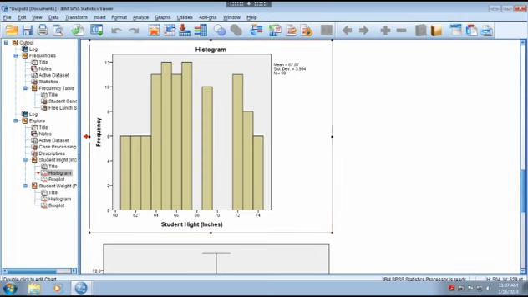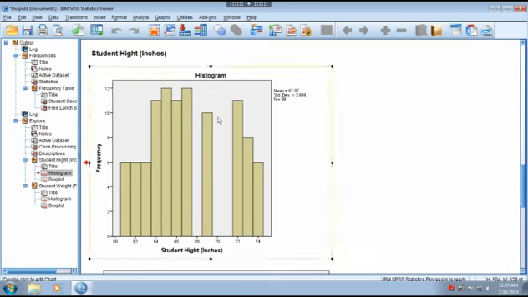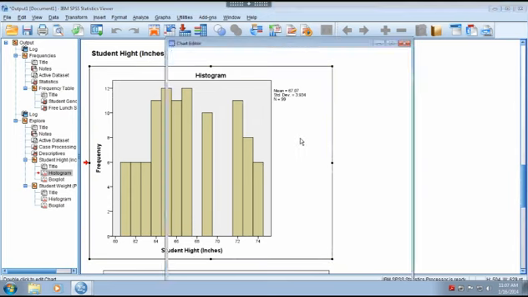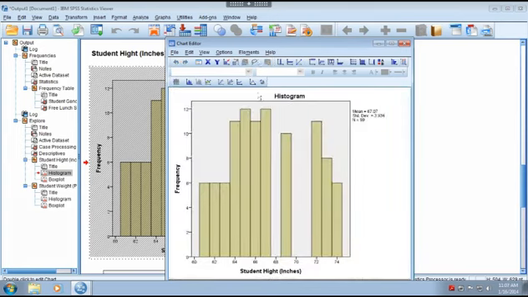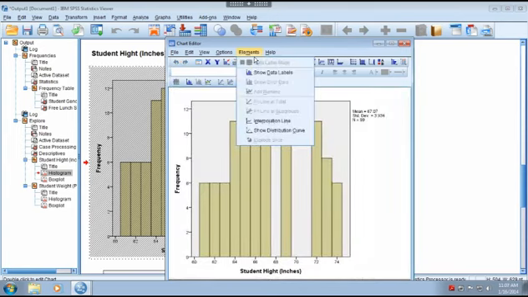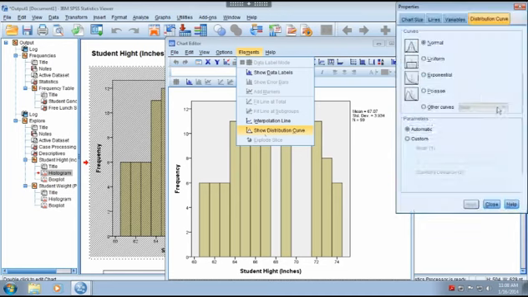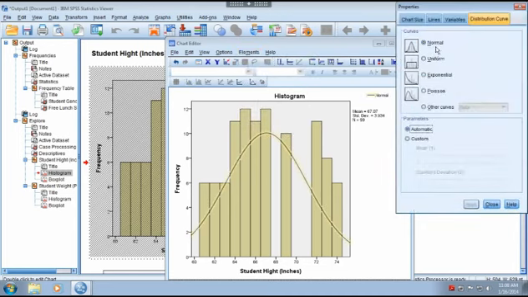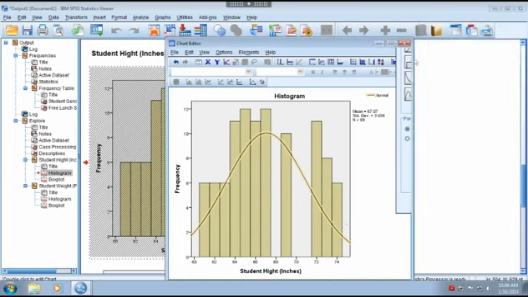So if we want a data distribution histogram with the normal curve, you can double click on the graph, click on Elements, and here it says Show Distribution Curve. By marking it there's a normal data distribution curve, and if you close it you see it has already changed in your histogram: a normal curve has appeared. So if you hit Close here,